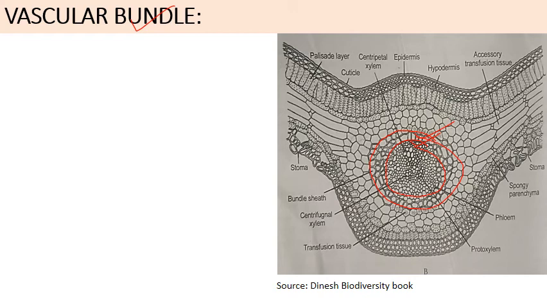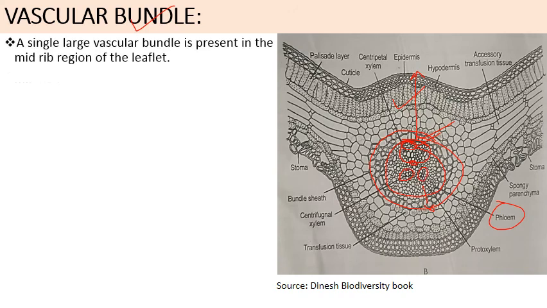It means it contains the xylem towards the dorsal surface, जो ऊपर वाला surface है xylem उसकी तरफ present होगा and phloem towards the ventral surface, towards the lower side. And the centripetal xylem is well developed. It means the protoxylem faces towards the center or metaxylem peripheral region में होता है and there are two patches of centrifugal xylem also. So a single large vascular bundle is present in the midrib region of the leaflet and